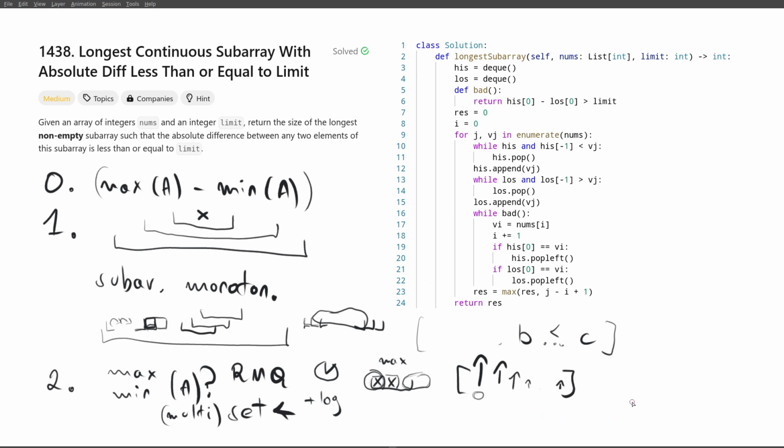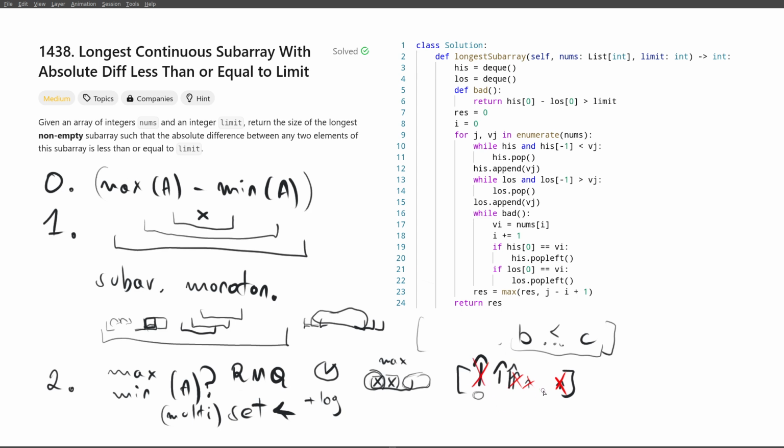And now whenever we add another element, then you just have to keep in mind that if it's greater than any previous element, then those previous elements cannot become a maximum, so we have to remove them from our list. So let's say we remove this one, this one, this one, and finally we, of course, since now we have a new rightmost element, we have to add it to our list. And then when we push elements from the left, if they are equal to the current maximum, then you have to remove them